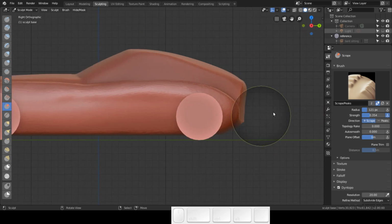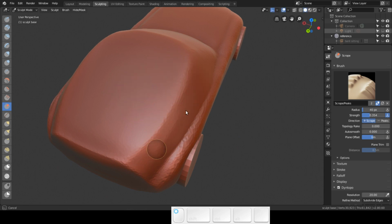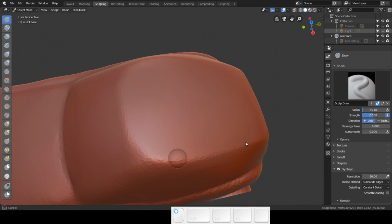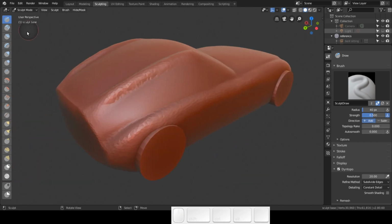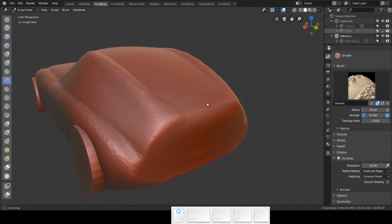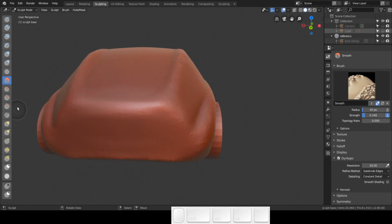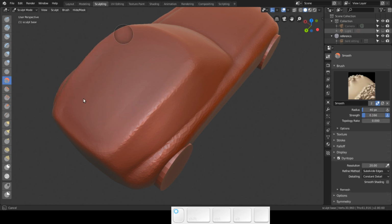I like a little bit. This was too lumpy, so now I am just going to go ahead and try to find some more lines here that are working and that are giving this car a nice transition. But I think I am going to need to draw some more. Okay, and now go ahead and smooth it out. Okay, smooth it out here. Oh, don't be afraid to kill some lines. We're gonna end up making them again and again and again. As I said, this is not set in stone. This is a work in progress,